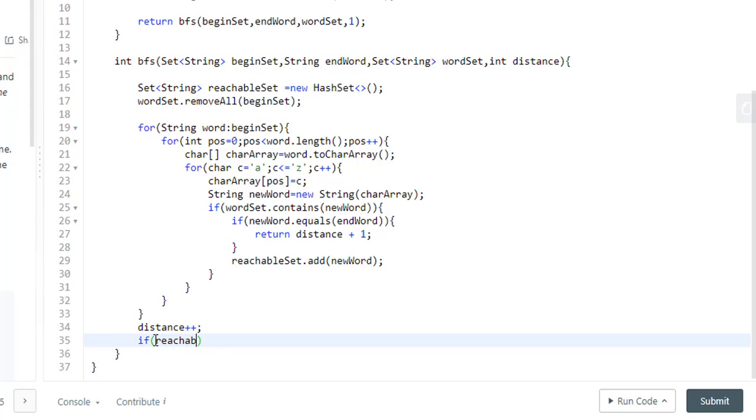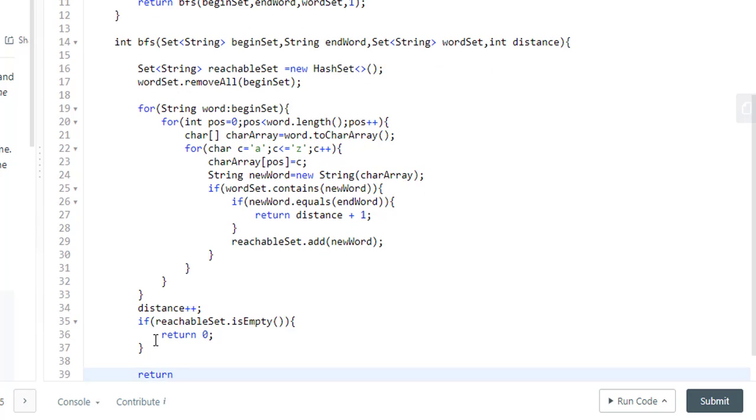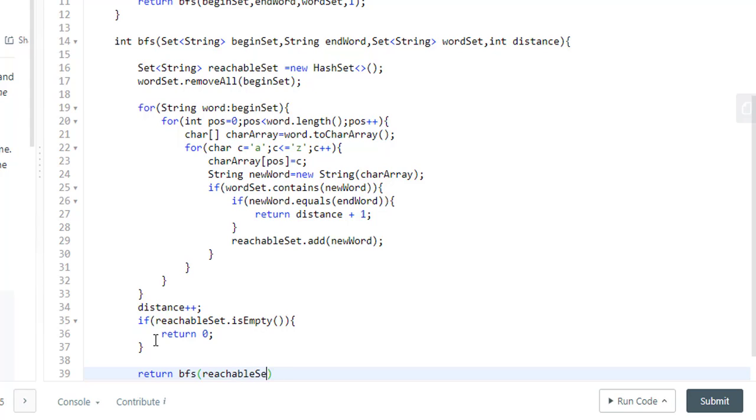So if the reachable set is empty, then we can simply return 0. Otherwise, we return the method calling itself. Now, as we learned, the new set will become a reachable set, and then we find the next set to be traversed. So we'll pass the reachable set as our begin set, the end word will still remain the same, the word set will remain the same, and so the